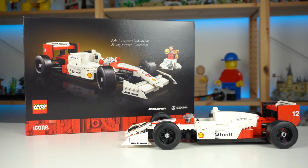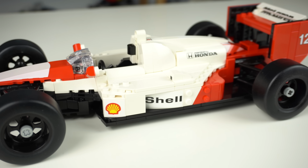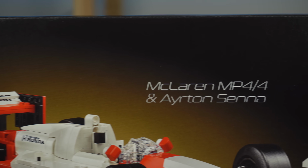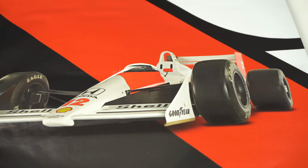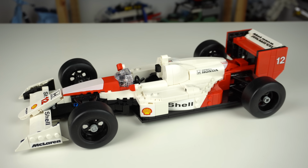Here's a LEGO model I never expected to see. Thank you LEGO for sending it. One of the most iconic Formula 1 vehicles of all time, the McLaren MP4 that completely destroyed the competition in the 1998 season. The unexpected thing for me was the fact that this car was made as an Icons model